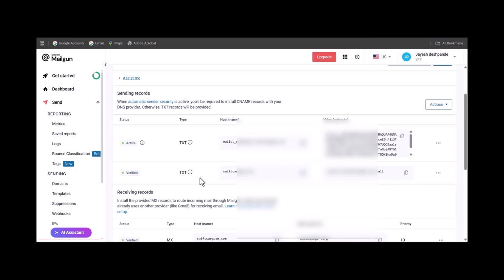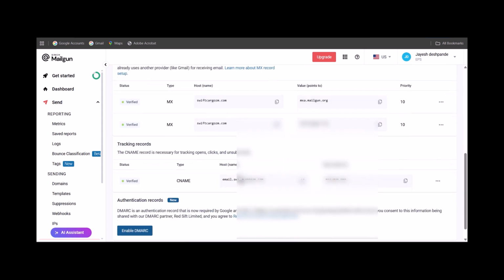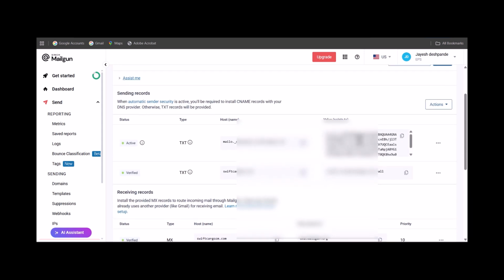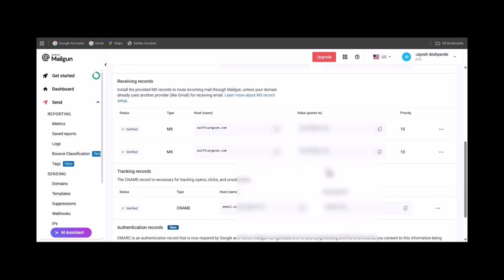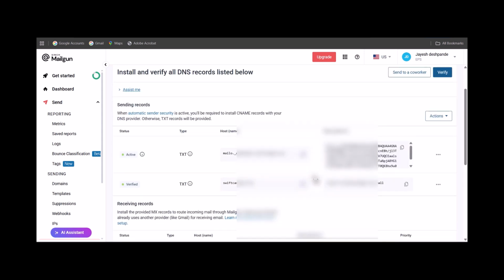You need to add these TXT records, MX records, and CNAME, and their host names and values are over here. You need to copy, and go to your cPanel or Plesk panel or whatever domain registrar,